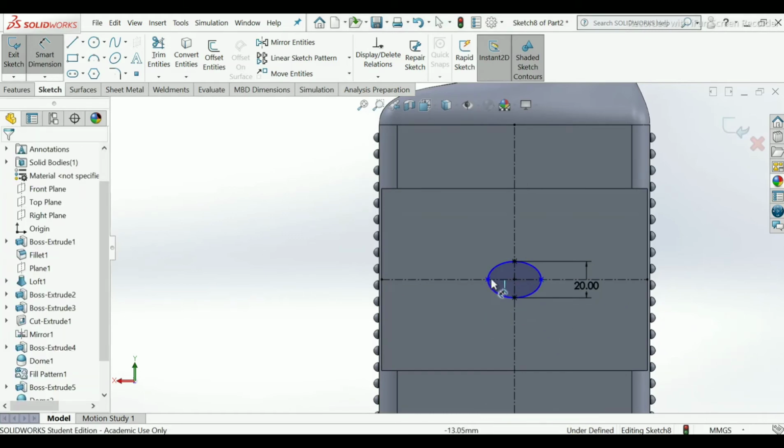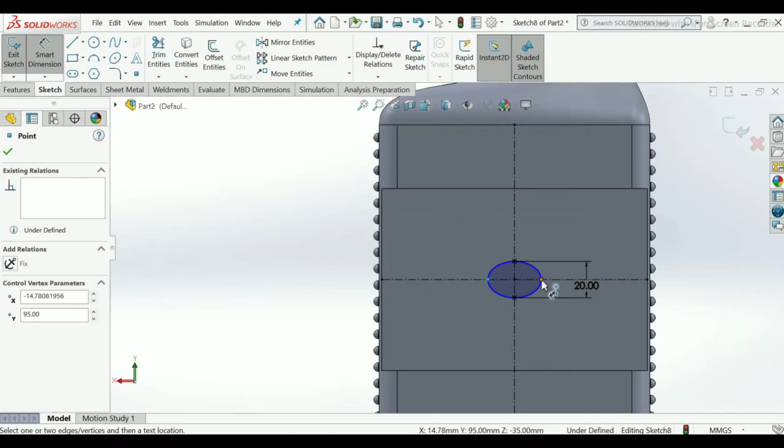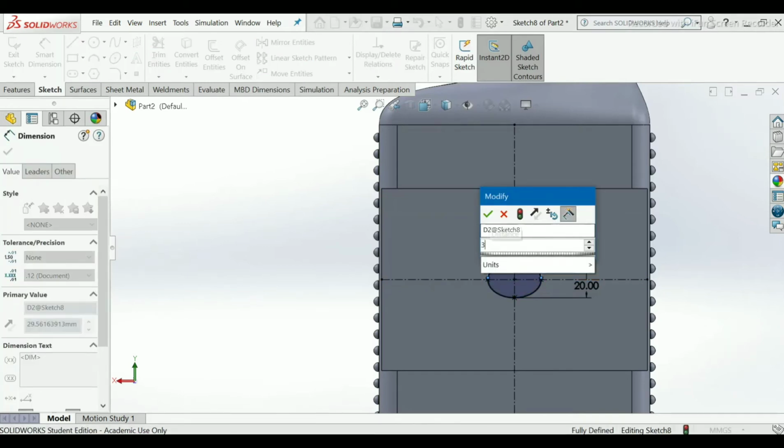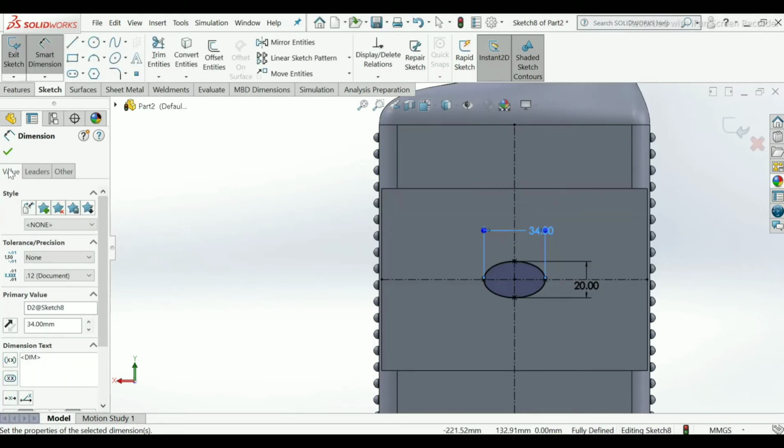Sorry, select this point and this point, apply smart dimension 34 mm. Okay,